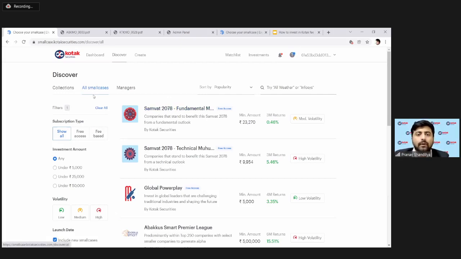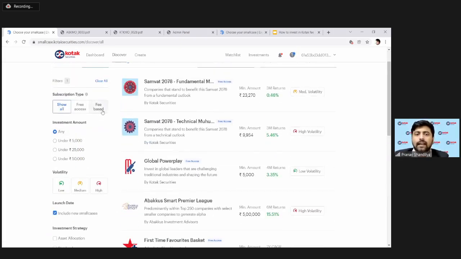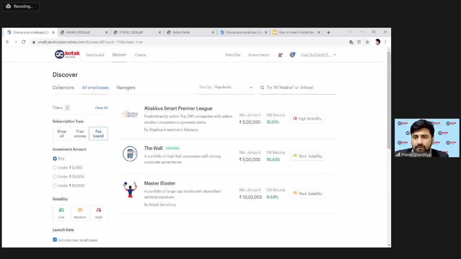To do that, you can click on All Smallcases, and then you can click on Fee-based Smallcases. Over here, you will be able to have a look at all the fee-based smallcases that have been launched for clients. So what I'm going to do is take you through the journey. But before that, if you can give me about 1 minute, I will get back to you. Yes. So over here, we were taking a look at the 3 fee-based smallcases that have been introduced